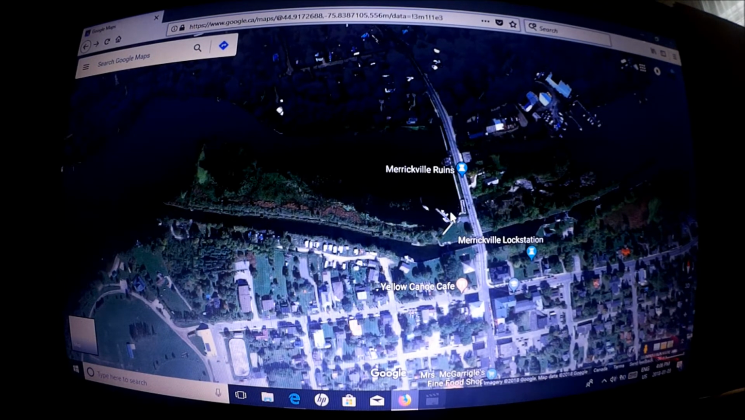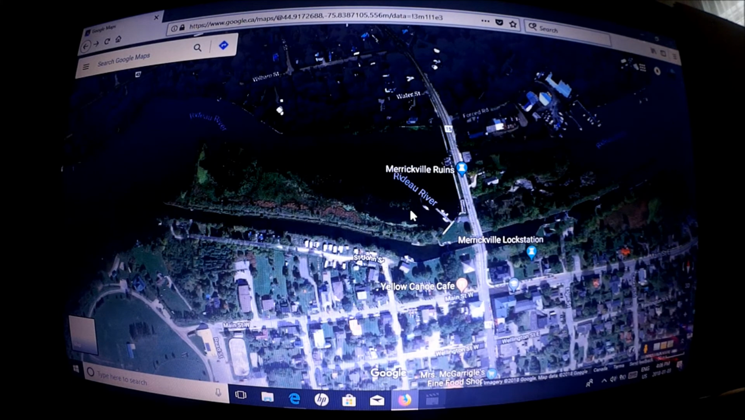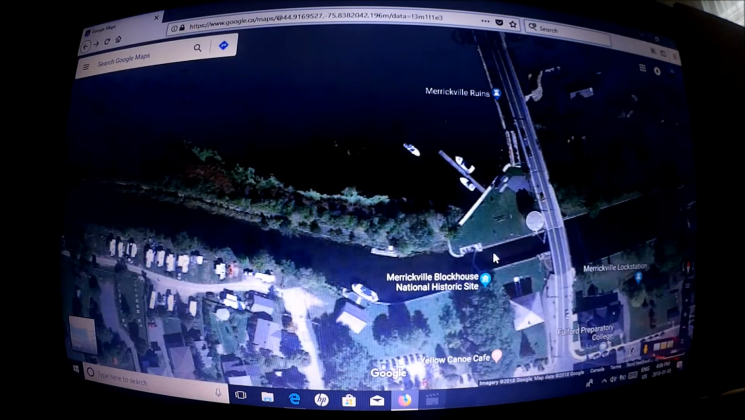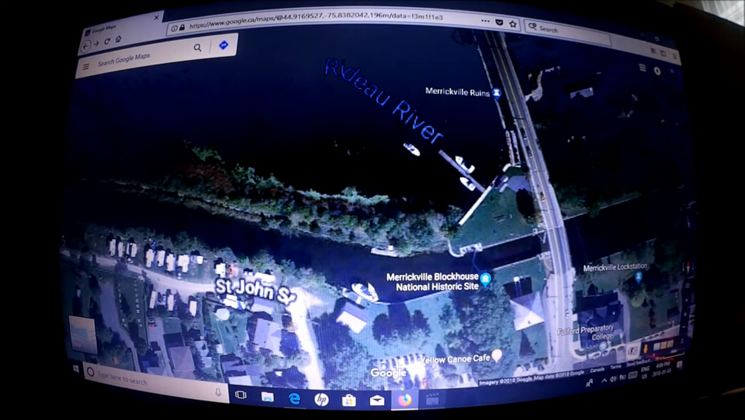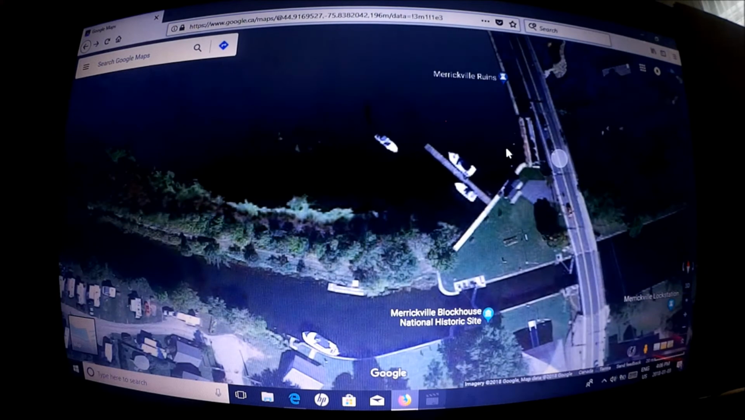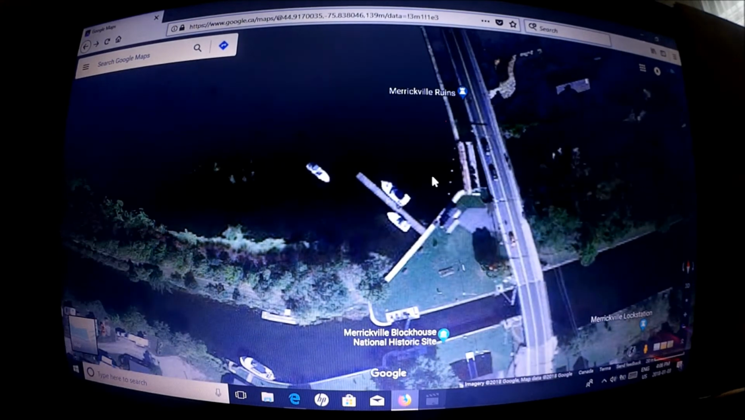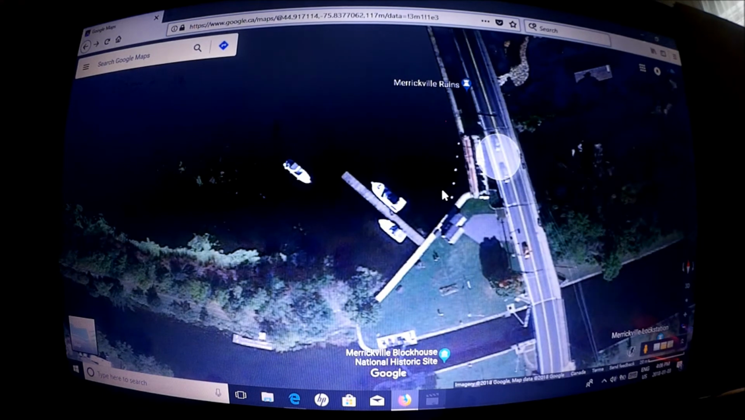This is the big tie-up wall. This is where you tie up for the night when you're in Merrickville. And you can actually see what the locks look like. You can see how much dock space is available. You can see the tour boat dock, and you can also see that this lock station, this tie-up wall, is